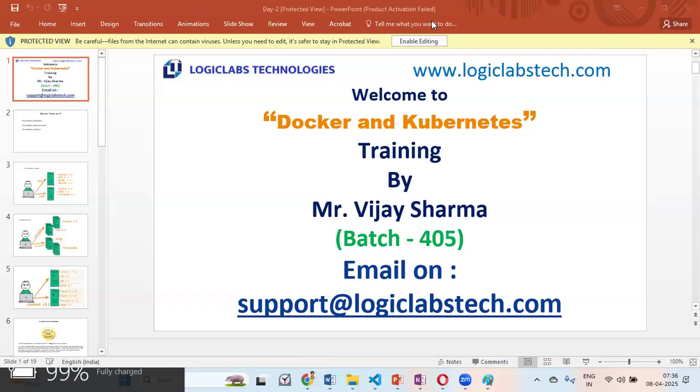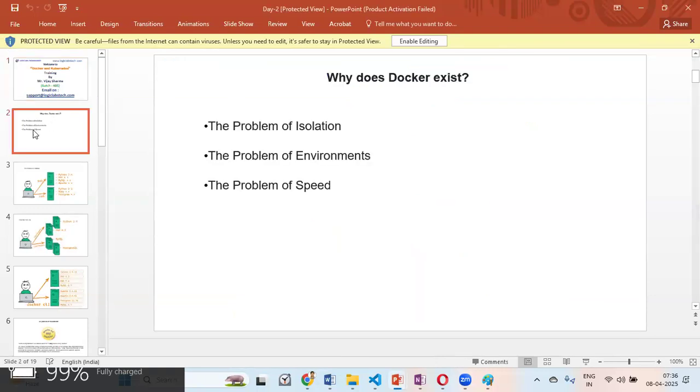So let's go ahead, guys, and discuss today's agenda for the session. That is, why do we need Docker, and what problems does it solve? Whenever we go and understand a tool or a particular process, we need to think in such a way about what kind of problem the tool addresses.